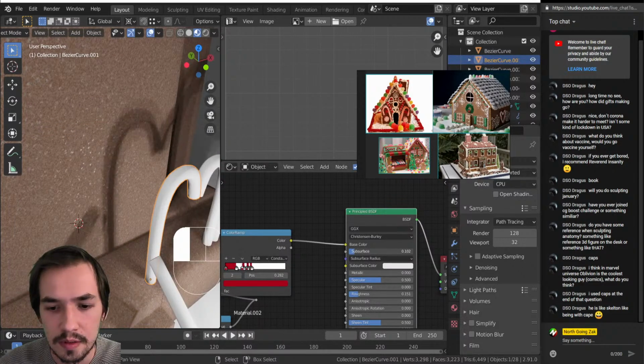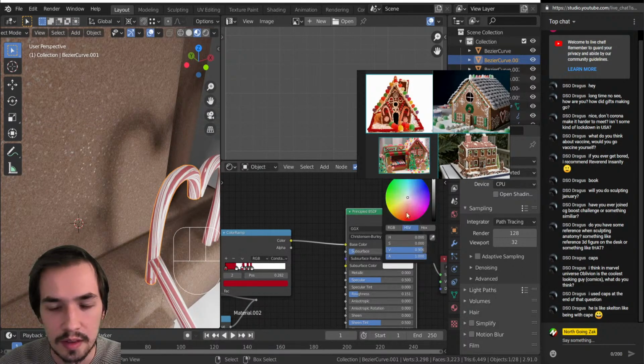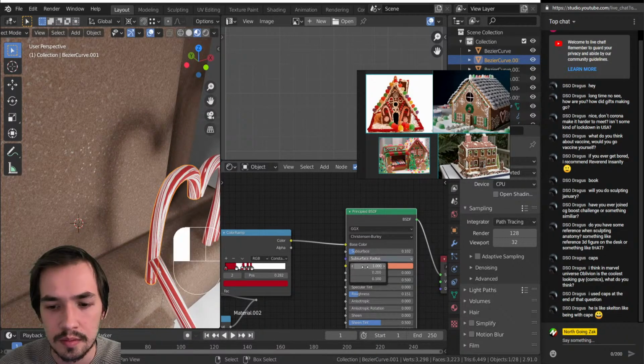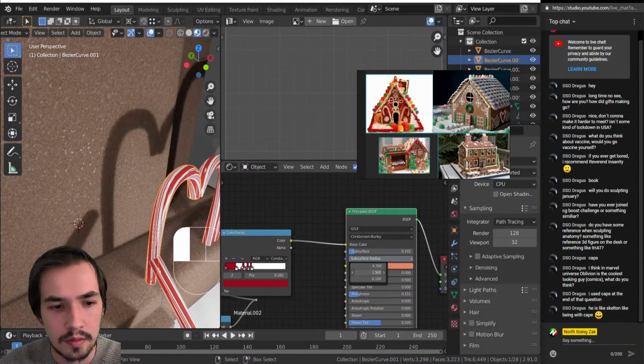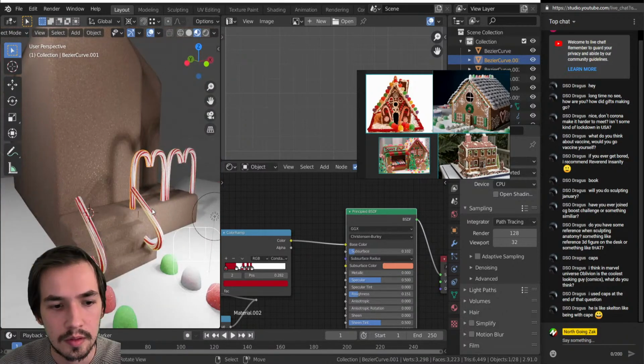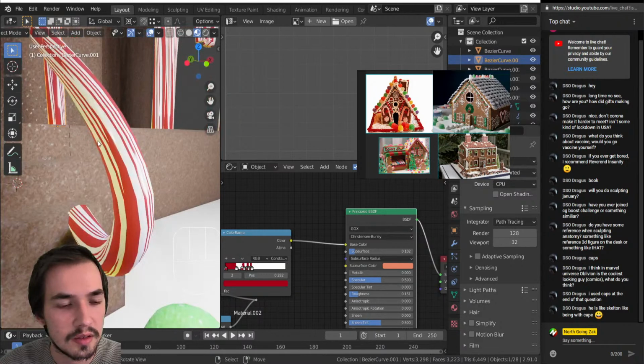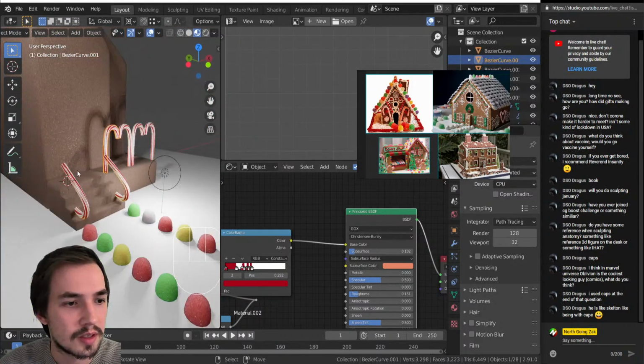Here, even there's a little bit of subsurface on this. Give it a little red. Yeah. Oh yeah, there's kind of like a yellowish, so yeah, that'll work there. And then